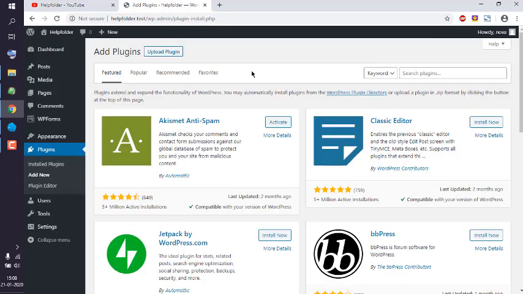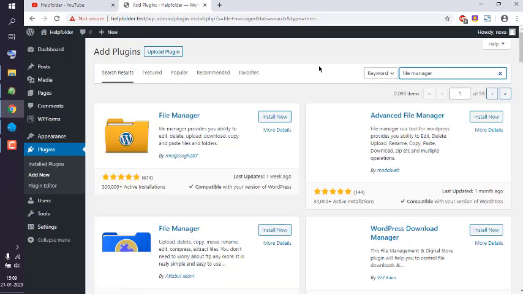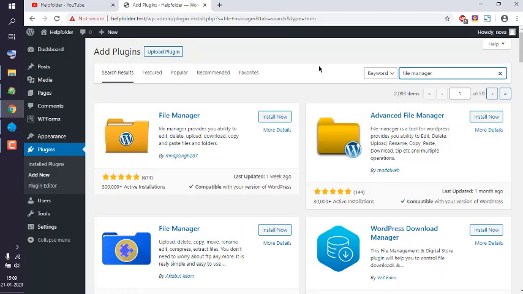Okay, after that simply type in File Manager. There are multiple plugins on this: File Manager, File Manager Pro, WP File Manager, etc. So choose the one which is suitable for you. I'm going to choose this simple File Manager, and it allows you to use FTP operation with your WordPress blog